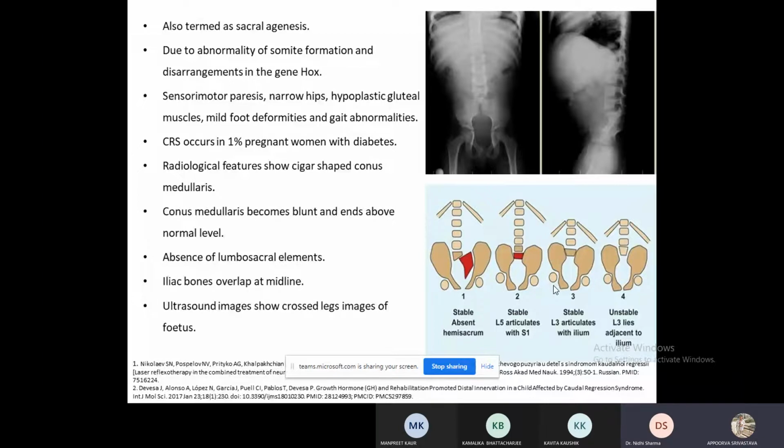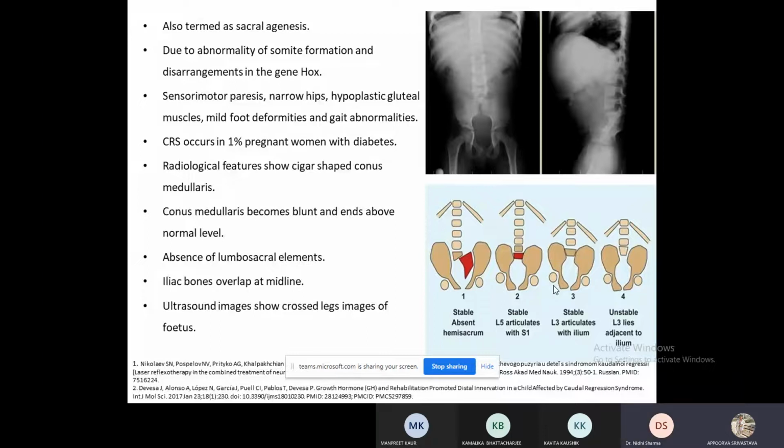And in the course of somite formation, there occurs an abnormality due to mutation in gene hox, which causes caudal regression syndrome. Sensory motor paresis, narrow hips, hypoplastic gluteal muscles, mild